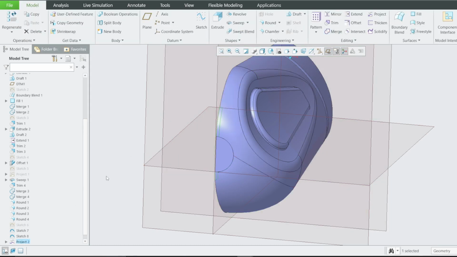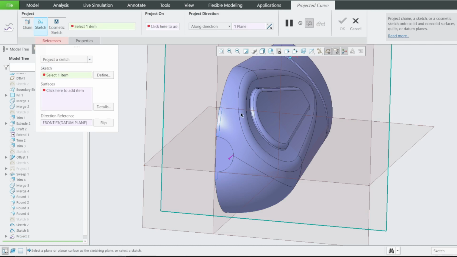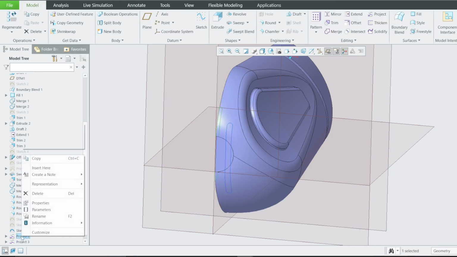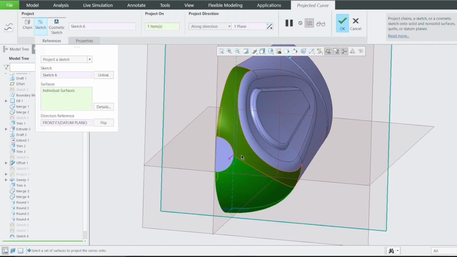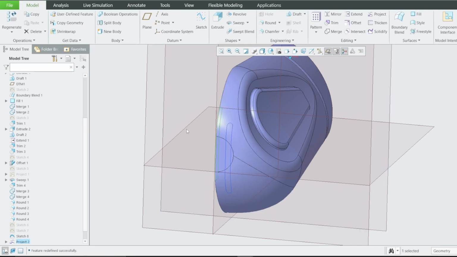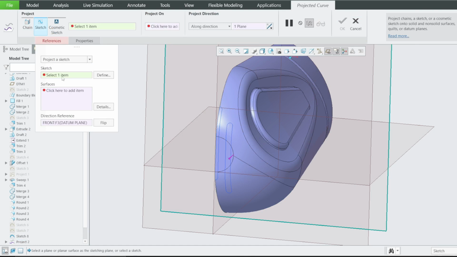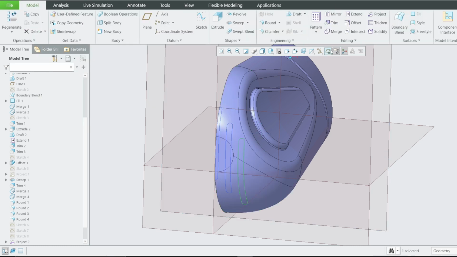Okay, again, project. You're projecting a sketch 7 onto this surface, direction, same direction. Okay, let me first edit the first projection here. Add the surface there. Yeah, lastly project what sketch 8 onto these surfaces here. Okay, yeah,